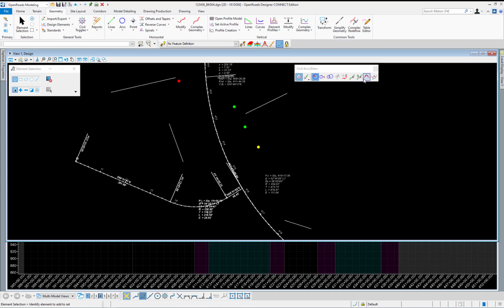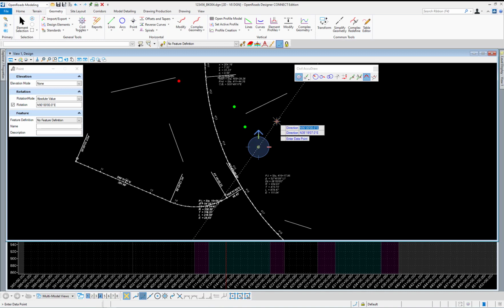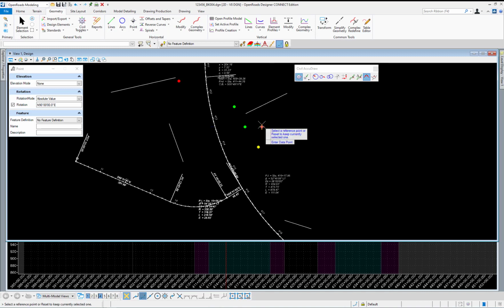So I'll give these each a try, and I will start by just placing a point, and I want it to be direction. I'll define two directions from two different origin points. So to start, I'll select the O key, and I'll define my first point here, and I'm just going to stick with the 90 degrees direction there,